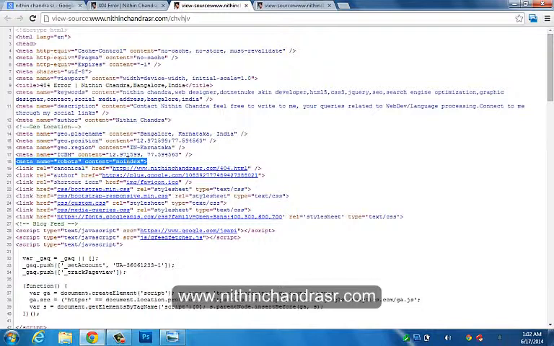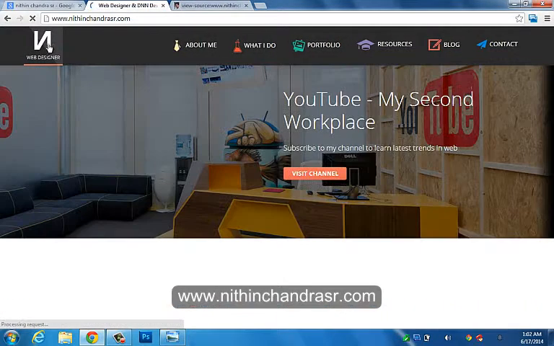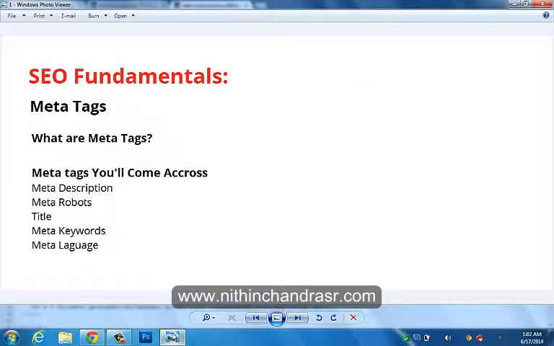And next and foremost thing is the title tag. Technically, the title tag isn't a meta tag, but it's often put into the same basket. I've included it in this list because it's very important for search engine optimization. The title tag is required in all HTML documents, and it defines the title of the document.